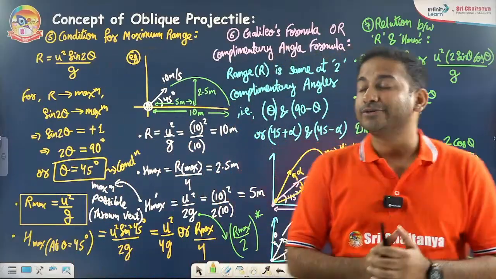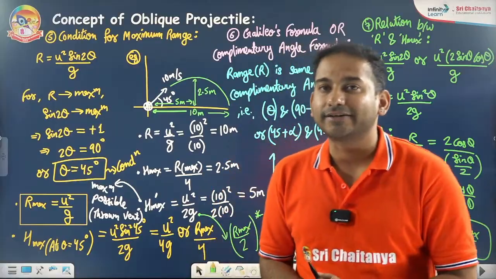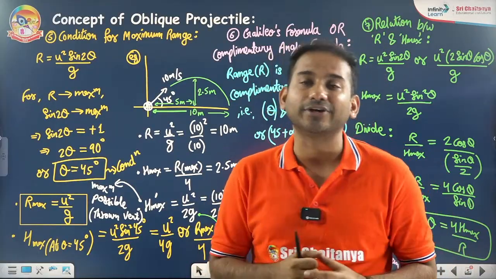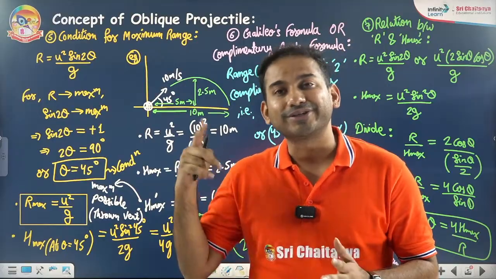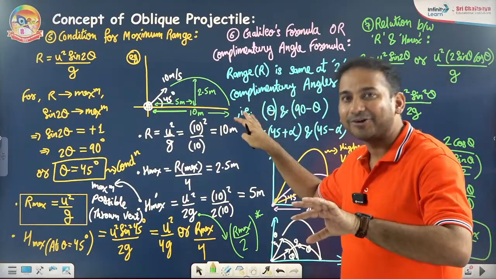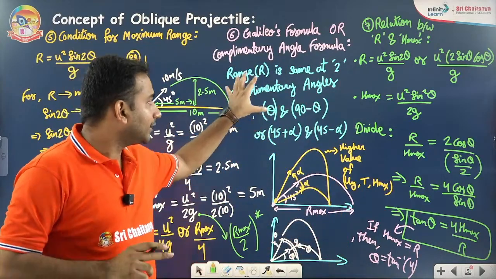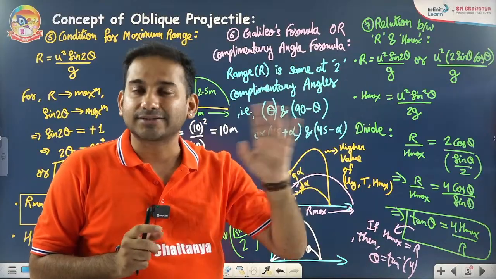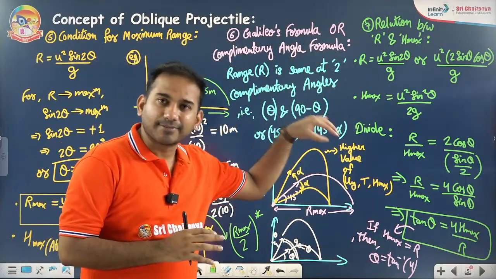That is Galileo's formula or complementary angle formula. I hope you remember that a few days back I started this bridge course with Galileo's formula only. That is the ratio in odd numbers. That is Galileo's contribution in motion in a straight line. So here, this is Galileo's contribution in motion in a plane, or projectile motion. So what did he contribute, or what did we understand by this formula? At 45 degrees, the range will be maximum, boss. At 45 degrees, the range will be maximum, but